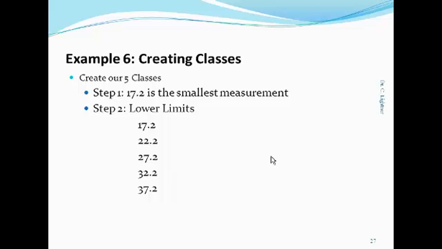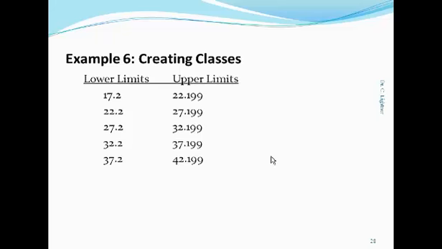Your lower limits should be 17.2, 22.2, 27.2, 32.2, and 37.2. You should have created your upper limits in order to ensure that there were no gaps between your classes. Your upper limits should be